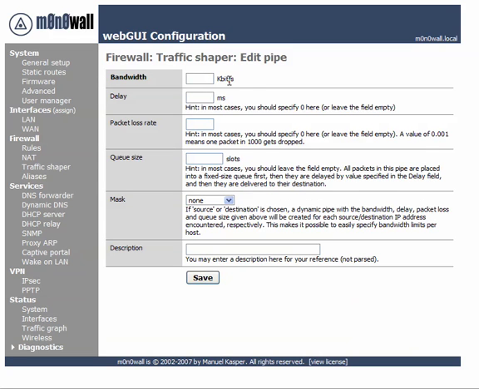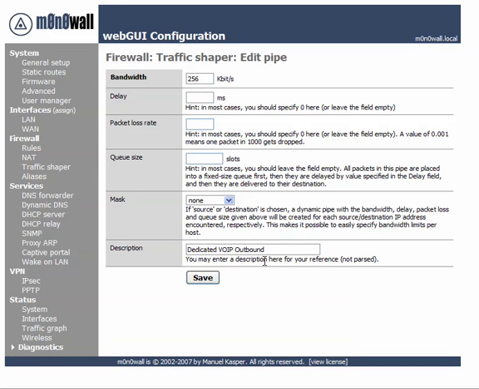We'll make this pipe be for our upload speed. What I'd like to do is set aside 256K of available bandwidth, which would accommodate 3 simultaneous G711 standard toll quality calls. They consume about 80K per with TCP overhead and whatnot. And all I really need to do here is set up the bandwidth allowed. I don't want to induce or incur any additional delay or make any other adjustments except to give this a label and call it dedicated VoIP